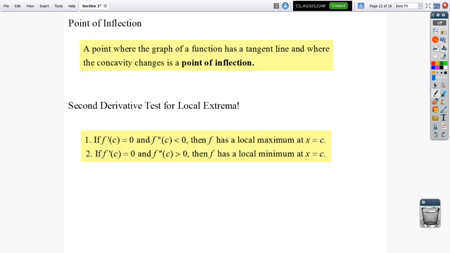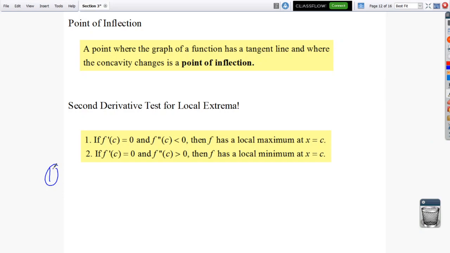We also have something called the second derivative test for local extrema. This one always got me. If you have a critical point where f prime of c is equal to 0, and if the second derivative is less than 0 at that point, then you have a local maximum at that point. If f prime is equal to 0 and f double prime is greater than 0, then f has a local minimum at that point. And this really, again, it's kind of counterintuitive to me, but if we look at number one,